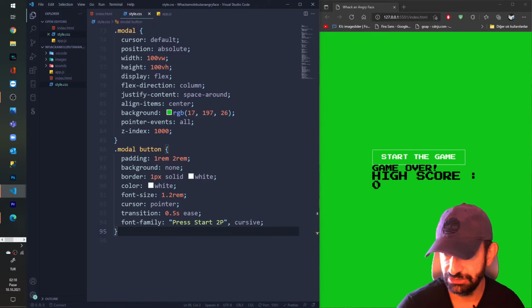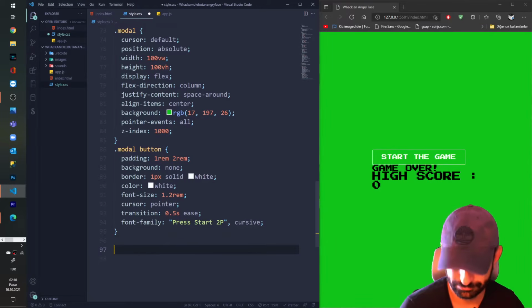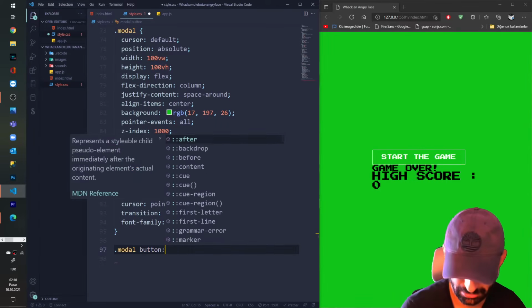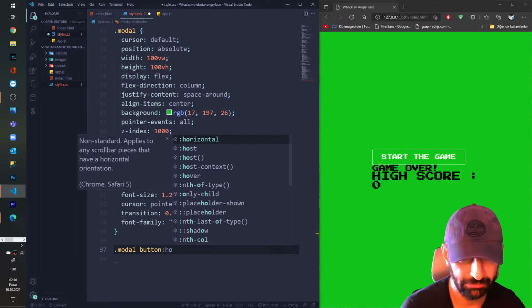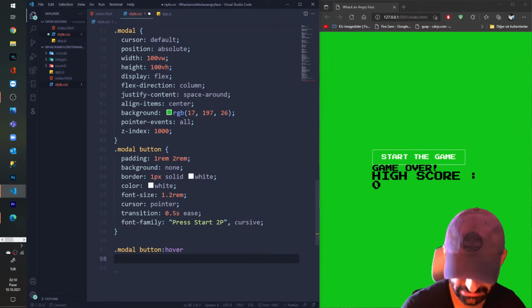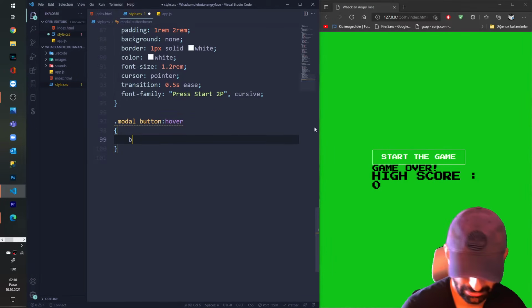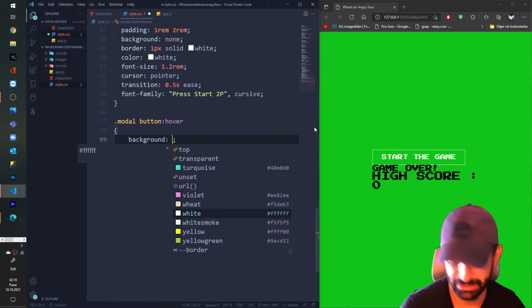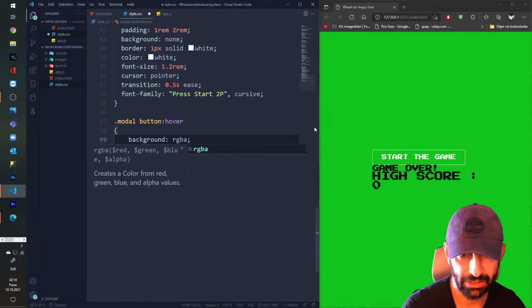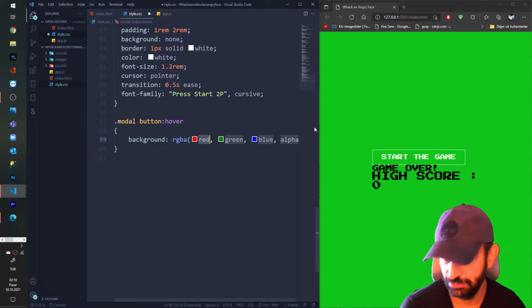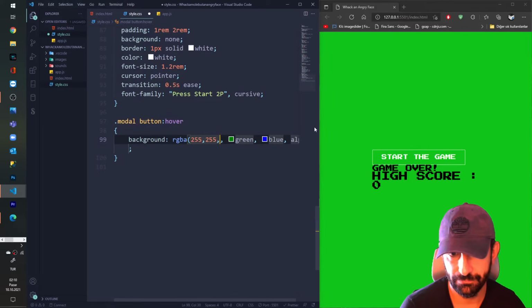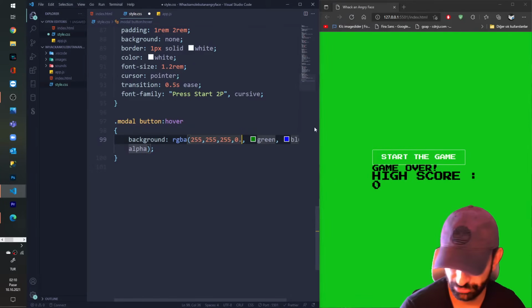So let's also style our hover effect for my button. When I come above my button, I'm gonna put some hover effect. The background will be RGBA 255, 255, 255, and by default 0.6.